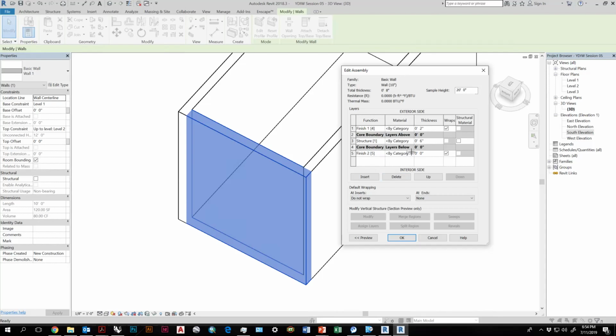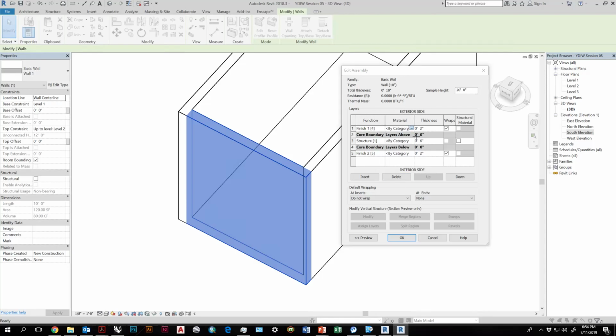And you can change the materials here. So right now, let me give that 2 inches, which will bring us to 10 total inches. You can set the materiality. So 1 is always outside and 5 is always inside. You can see Revit tells you here, interior side, exterior side of the wall.